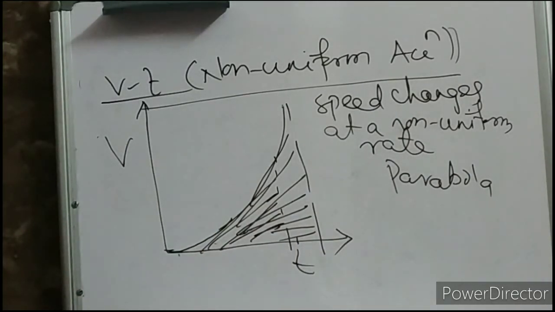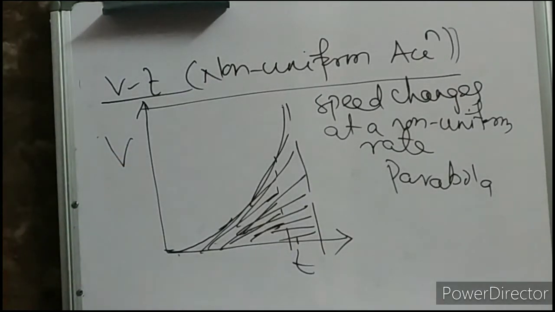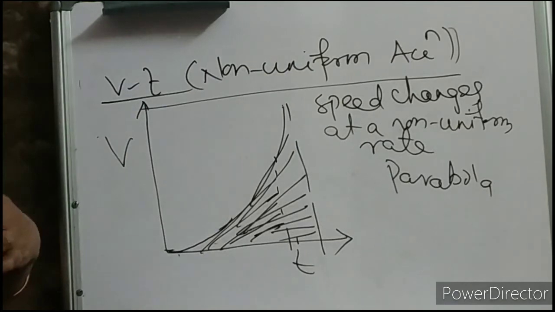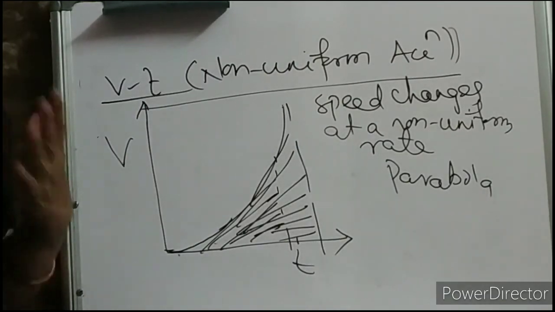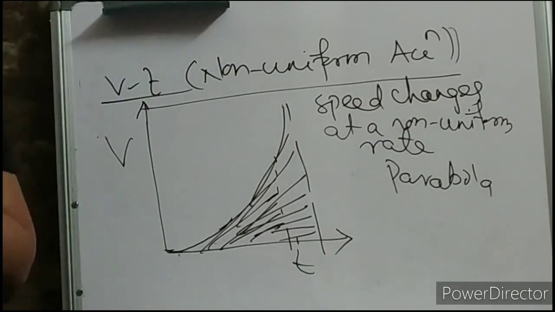Okay, children? So graph is over. Distance time graph and velocity time graph is over. So in my next video lecture, we are going to discuss again the equations of motion, but by graphical method. Hope you have understood. This is the easy one, but the questions are going to be tricky based on the graph. So you have to be fundamentally clear on this, why the graph is like this, or how to draw the graph. Okay, children?